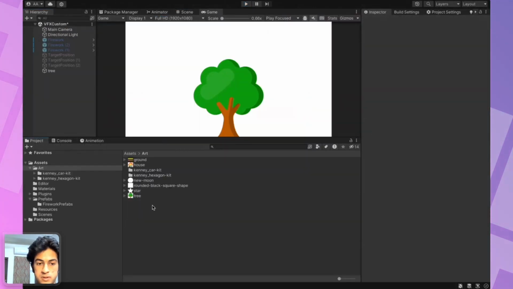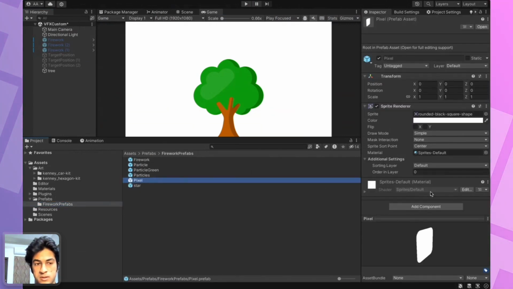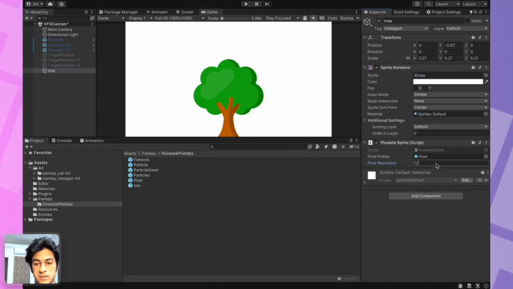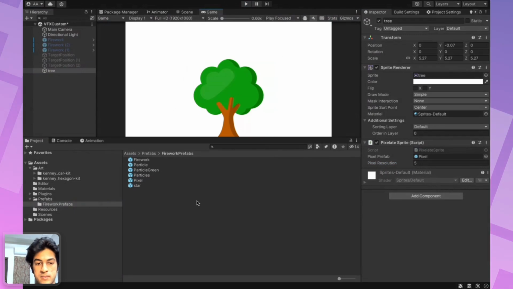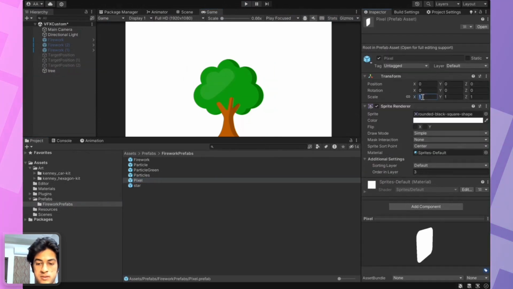Great. So we need to do one thing. We need to bring it ahead of the tree. Let's do this. Let's reduce the resolution to maybe 5. Yeah, we need to reduce the scale.